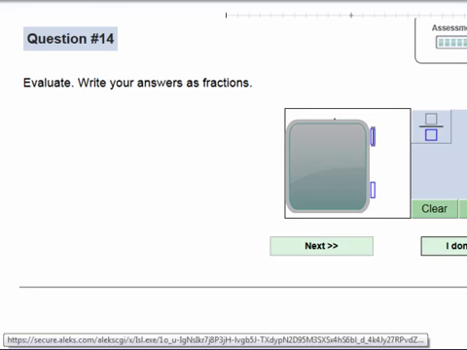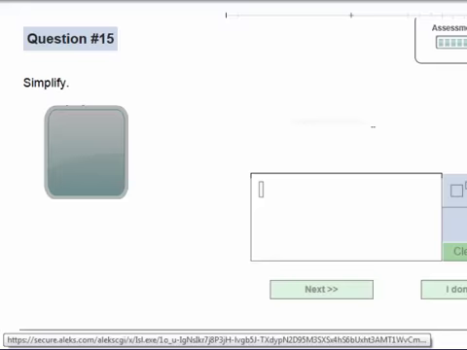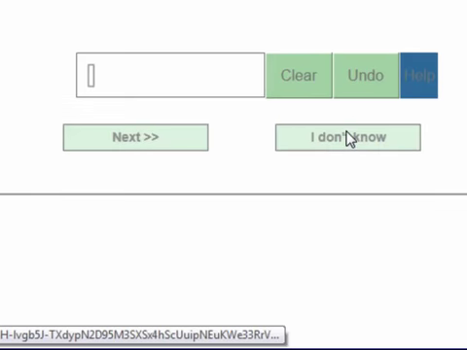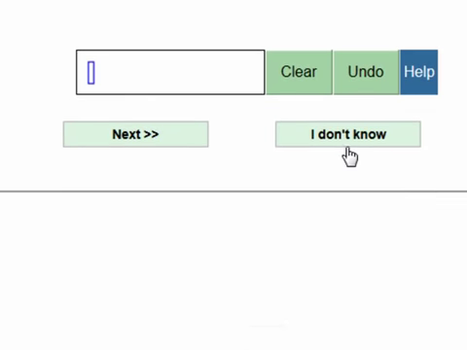You also don't want to rush through it. If you really know these, then you want to know them. If you don't, then you don't. That's fine. But if you just rush through it clicking I don't know, then you're going to be a little bit frustrated with the results, because based on what you put in here,